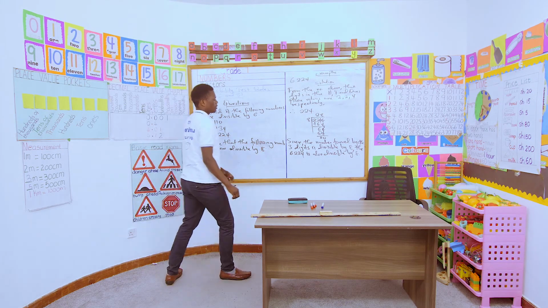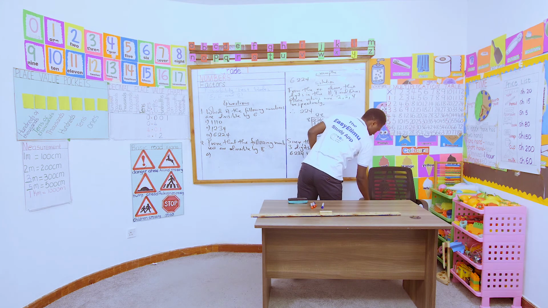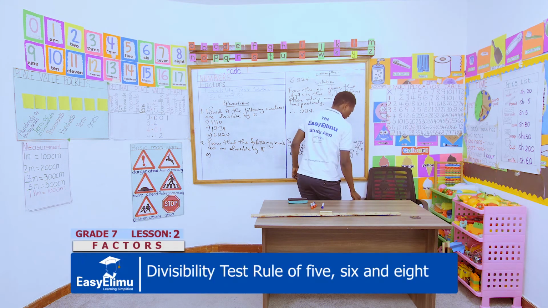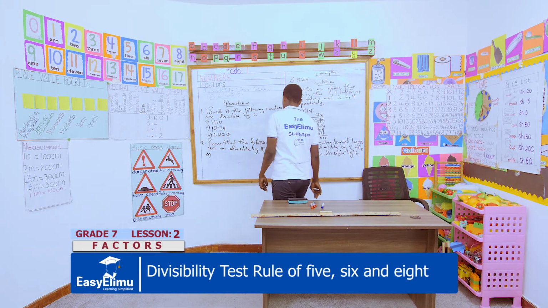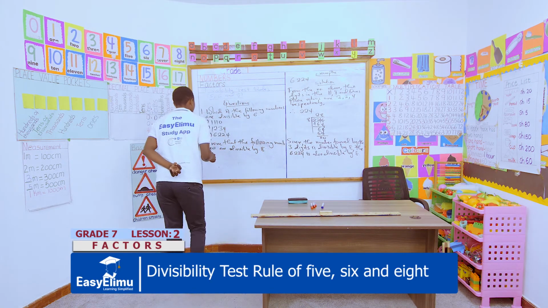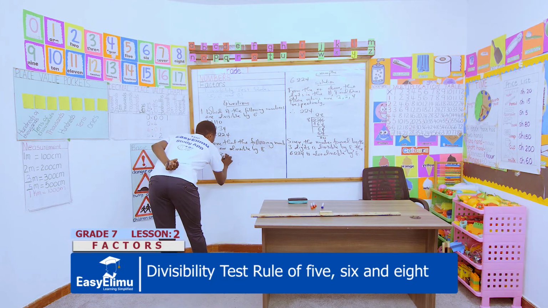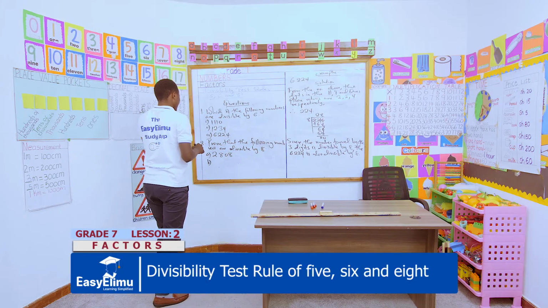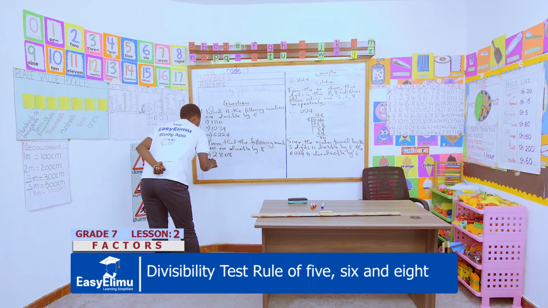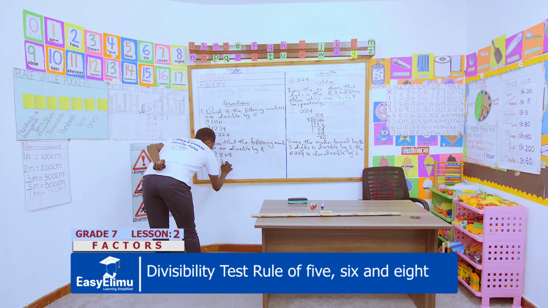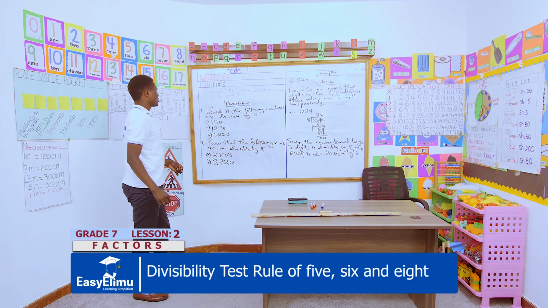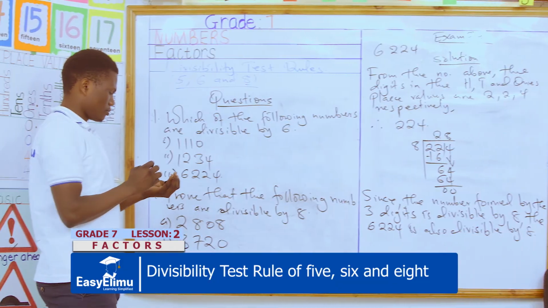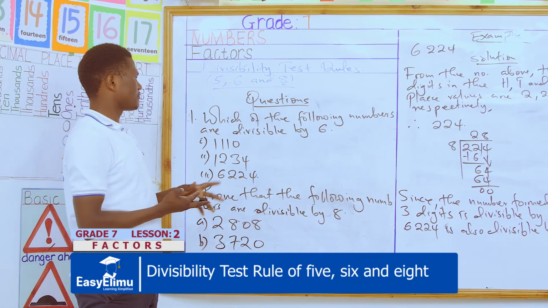But A, you can have a number like 2,808. But B, you can have a number like 3,720. Yeah, that's all. So in the first instance, you're supposed to pick the numbers that are divisible by 6,